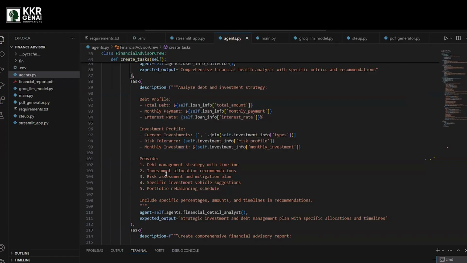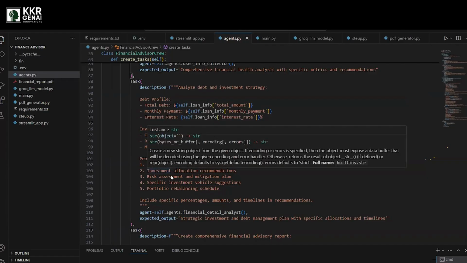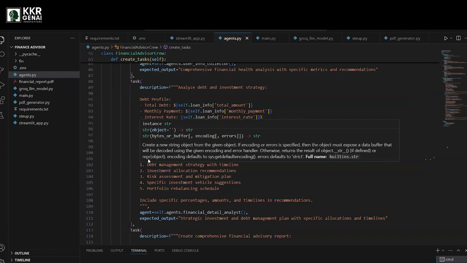So for this one, I'm mainly asking these agents to focus on debt management strategies with a timeline, so that they'll focus on what strategies they can use to come out of those loans easily. What are the investment allocation recommendations? Like what investments are being suggested for the user?